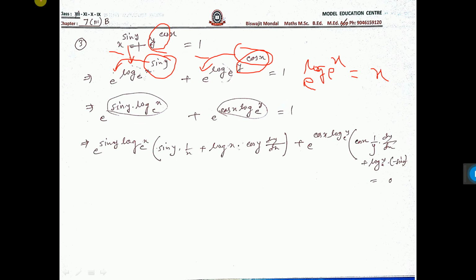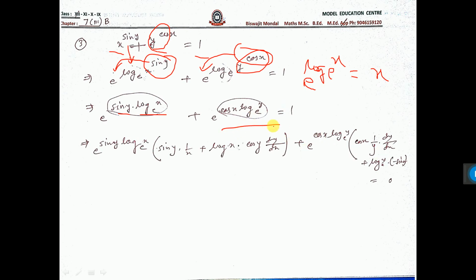Now one profit we got here by writing in this way. See, we have the formula for e to the power x; this circled one I consider x. So e to the power x into this one, e to the power x into d/dx of this. Now d/dx of this means e into the differentiation of v. So sin y into d/dx of log x means 1 by x, plus log x into the differentiation of sin y, cos y dy/dx, plus now this one.